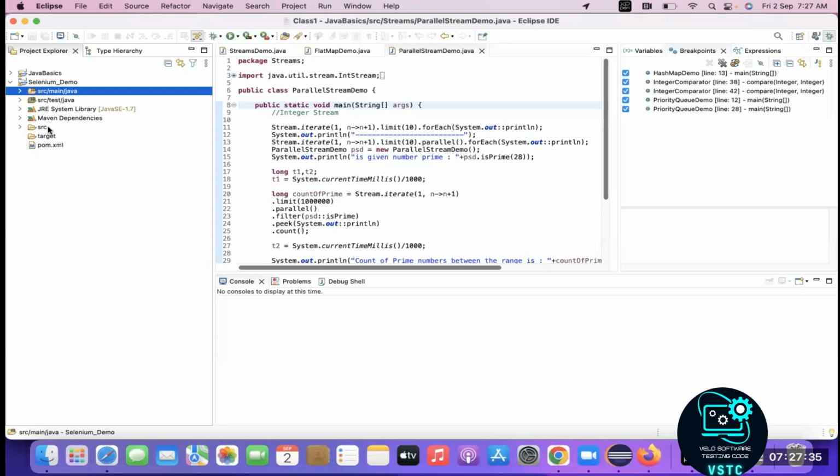Suppose you want to add any other dependencies, like Selenium dependencies. Where can I add them? Go to this pom.xml file. Here you can see one pom.xml file, page object model. This file will control all the dependencies, all the jar files related to Maven. All the dependencies will be controlled in this file. So if you open this file,